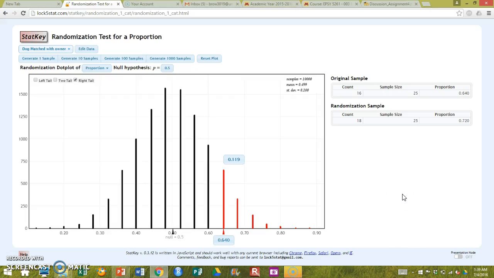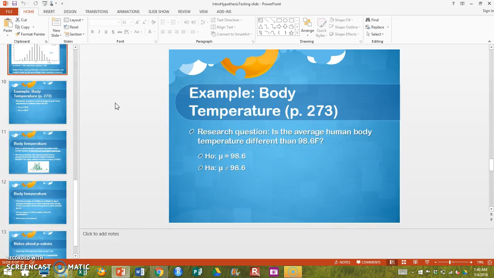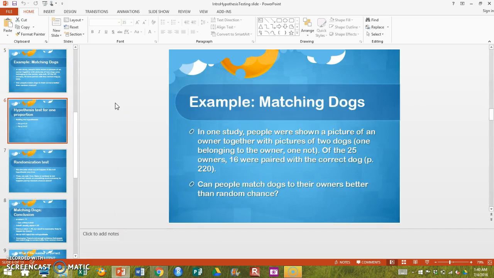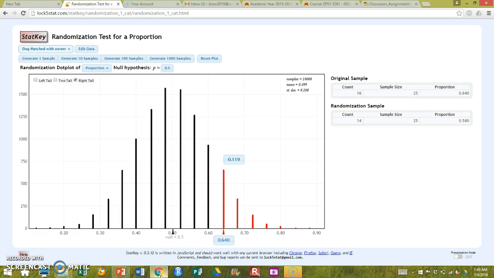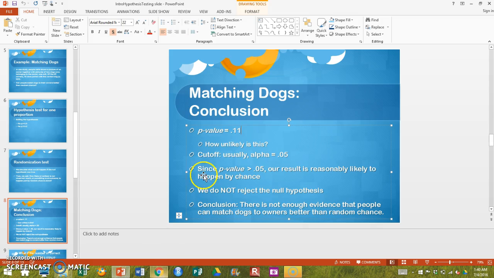So now that we have an idea about our p-value of 0.119, let's wrap up what we can say about a research question and think about this a little bit more. When this was done before, a p-value of 0.11 was reached, that's an old value. You could do this many different times and we get slightly different p-values, but it's pretty close. 0.12 basically here, 0.11, so it's about the same.